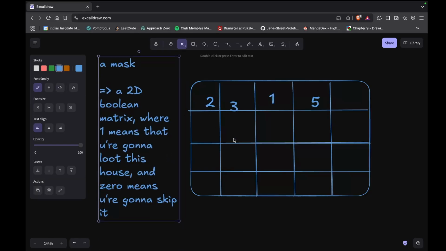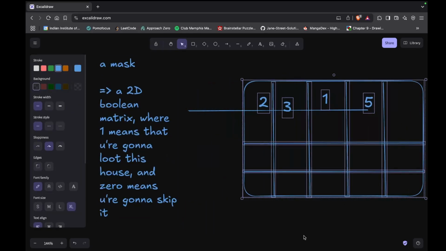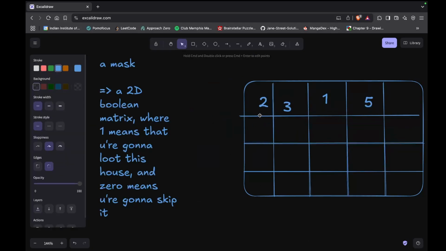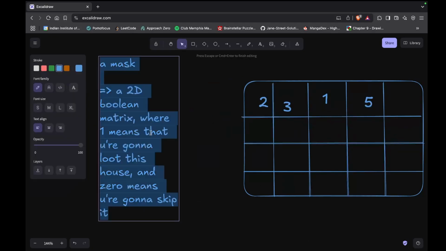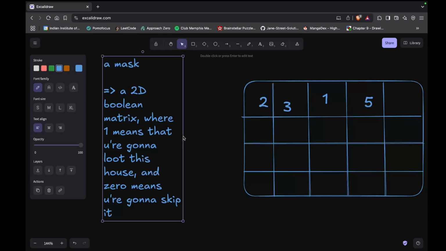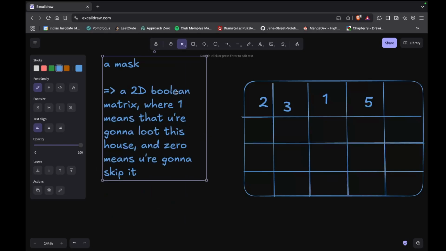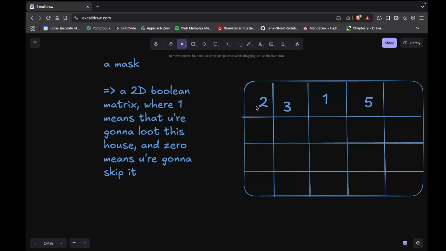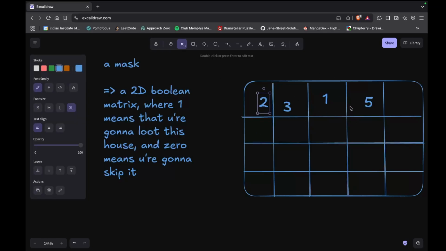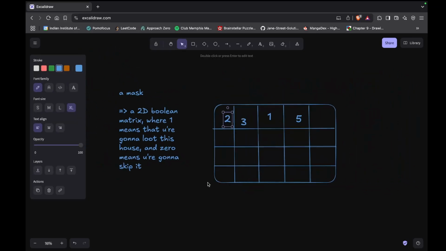You're gonna create a Boolean matrix where 1s represent that you're gonna loot it and 0s represent that you're gonna skip it. So an example would be, for this particular case, you could have